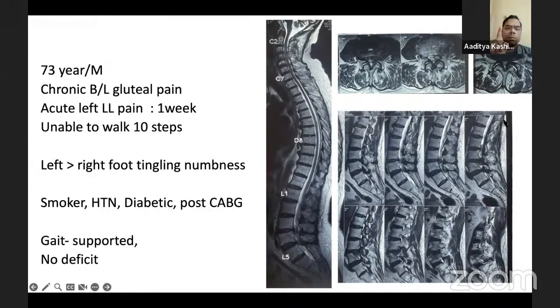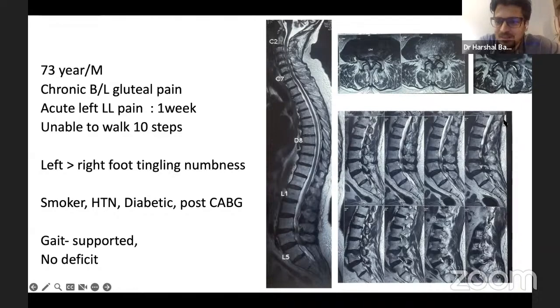Perfect. So symptoms wise, regarding that clawing of toes that Priyank was talking about, these patients will say that there is slippage of the chappal while walking, because they are not able to hold the chappal properly. So that is an indirect way of detecting an S1 deficit. And what Priyank said, that you have to be watchful in such kind of patients. Perfect. I'll quickly move on to the second case scenario.